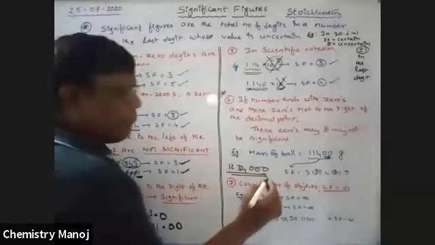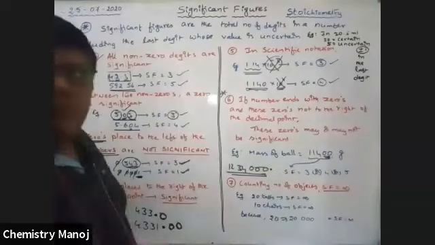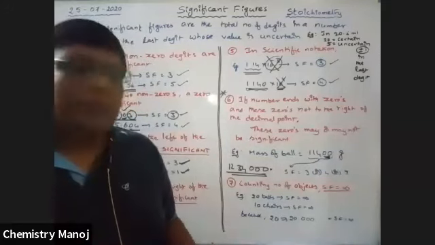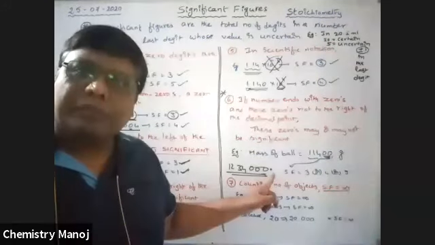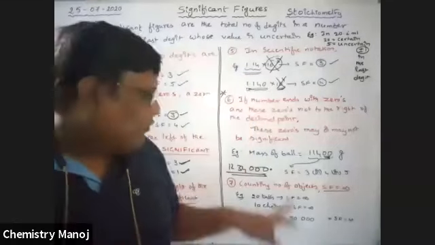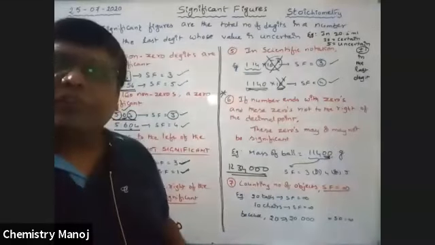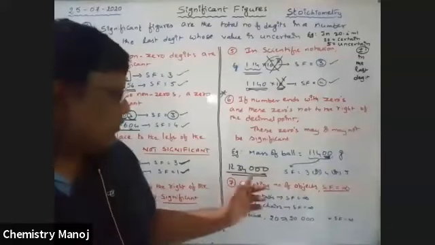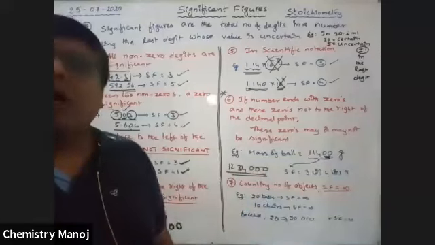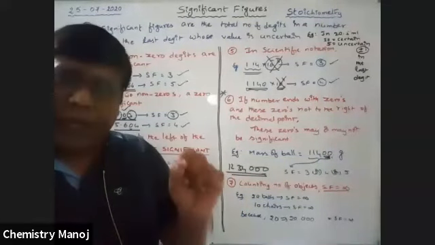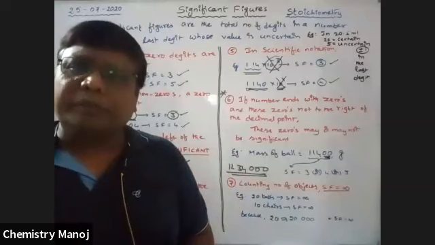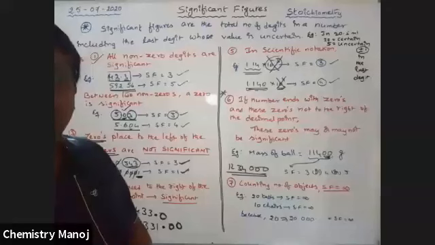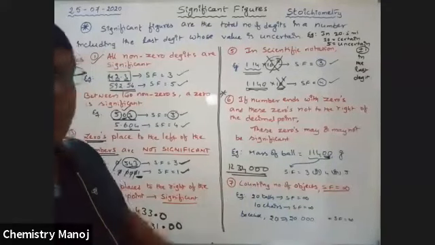So if a point is there, 7 is the only value. If no point is there, 4, 5, 6, 7, all these are the possible values. So a point plays an important role during the consideration. During the consideration, this is a very, very important thing. Okay, so this is very, very important, boys.